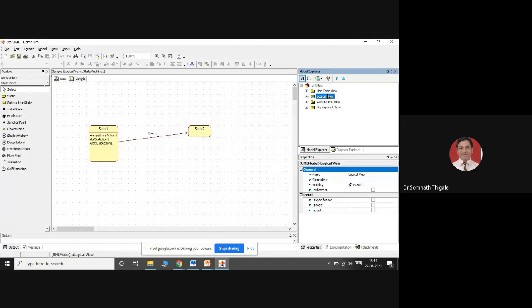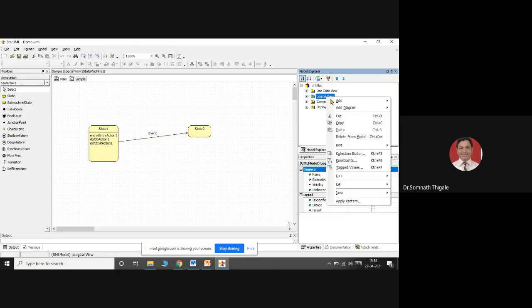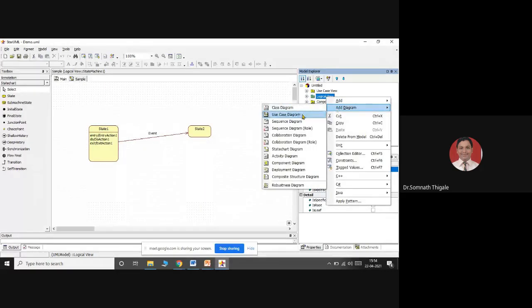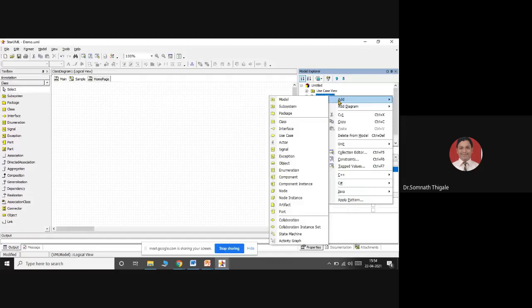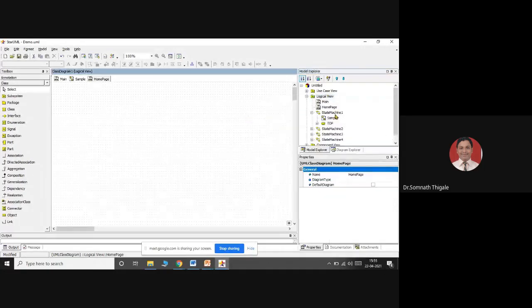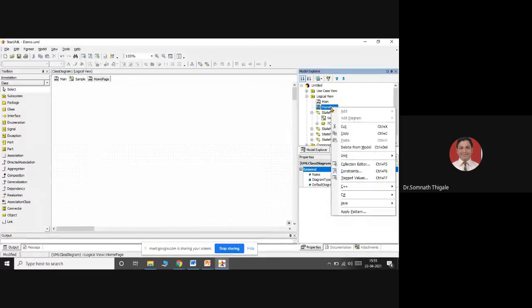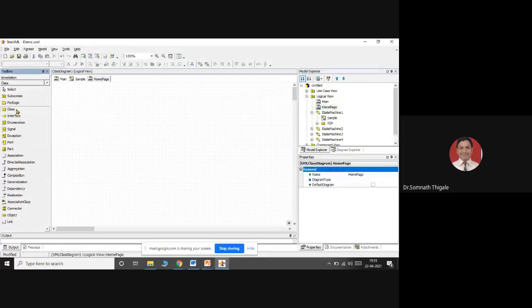I will create one class diagram here just to understand. Select the class diagram. I'll give the name, for example, login page. Then I'll add one more class over here. Add class. I'll create these three classes.